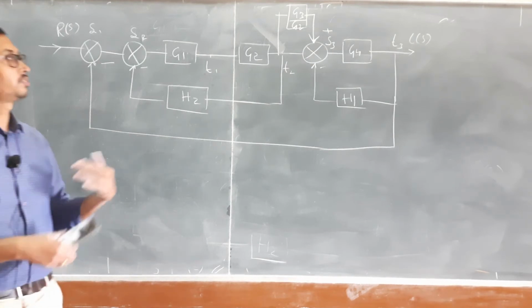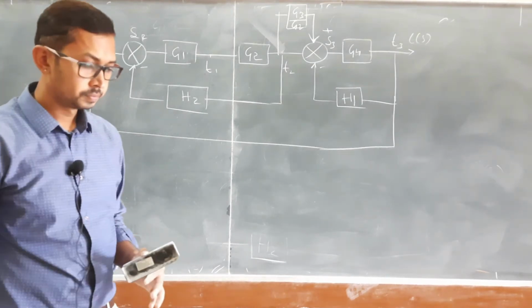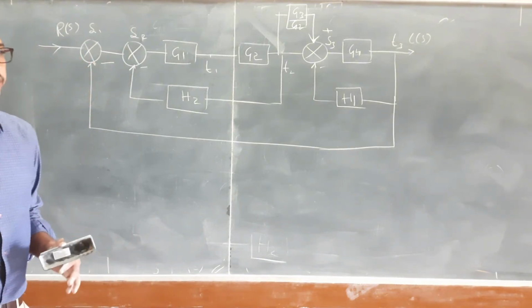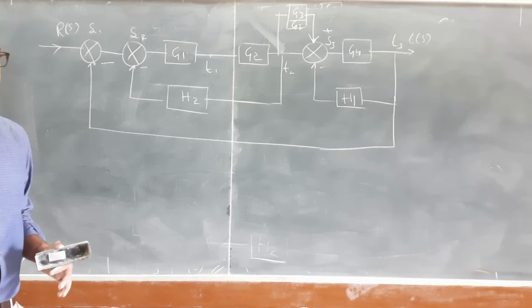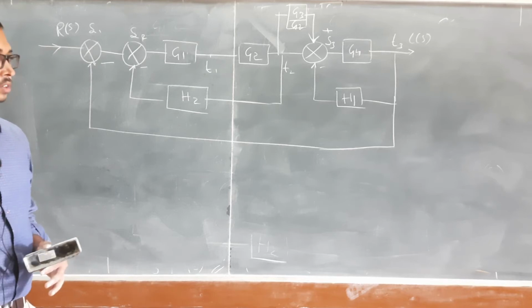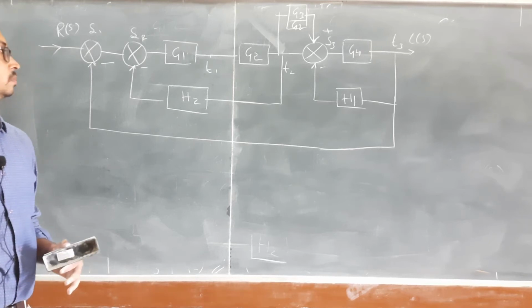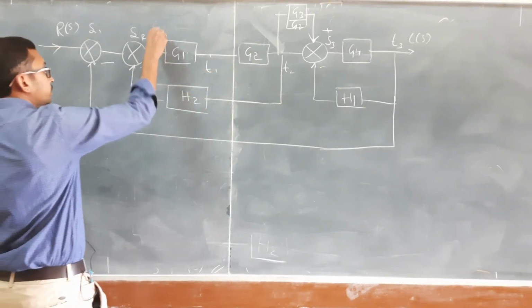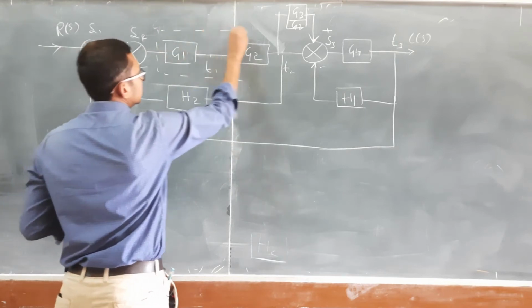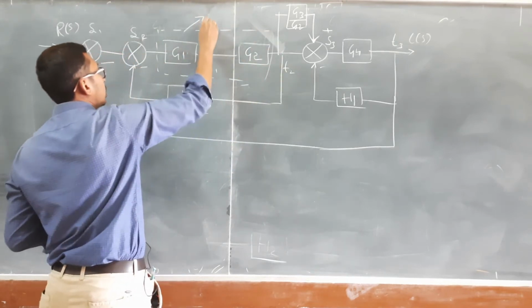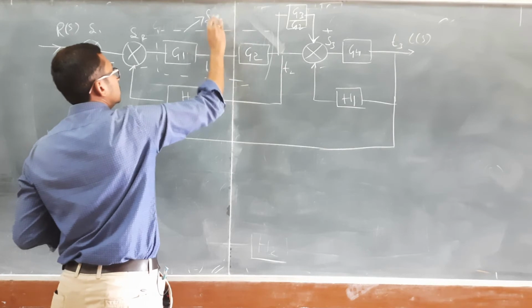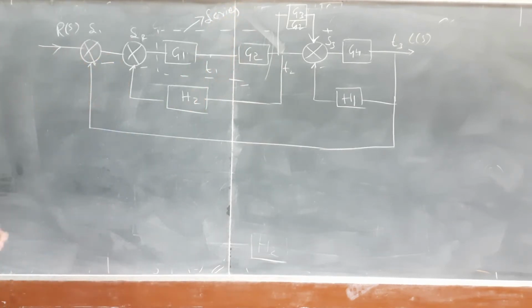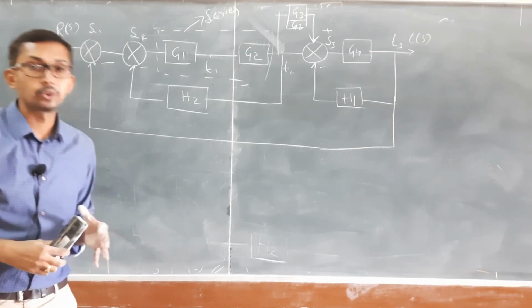Okay, now you tell me what further steps we can do now? What are the further steps? Next step. Yes, Sagar, you can tell me, what you were telling was right. Yes, G1, G2 are in series. That is one. So these two blocks are in series, right? G1, G2 are in series. So next, what else can we do?